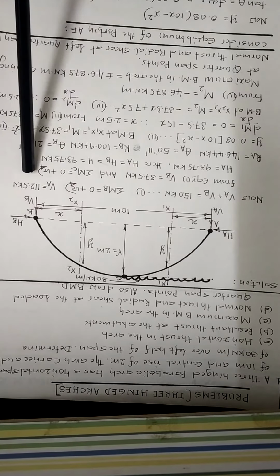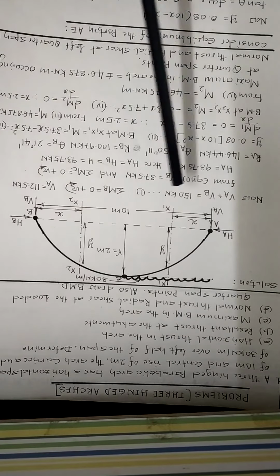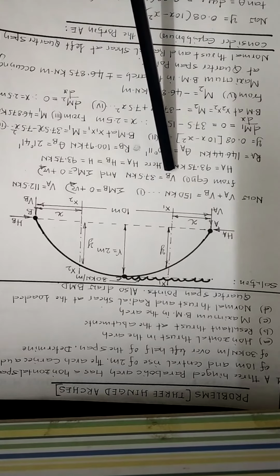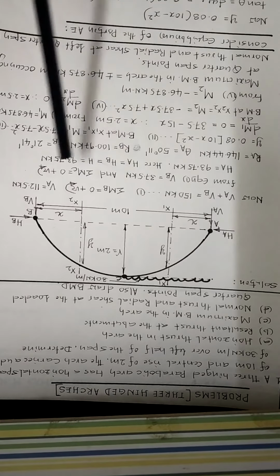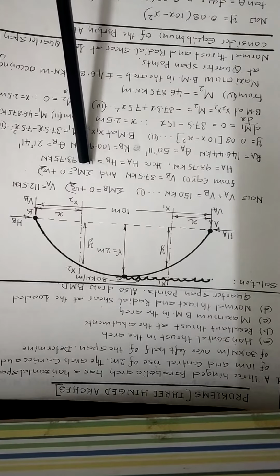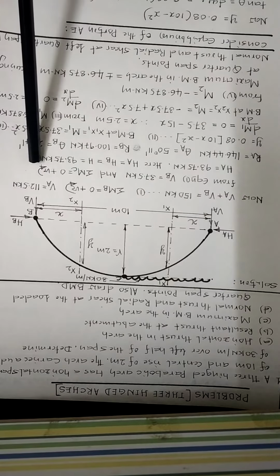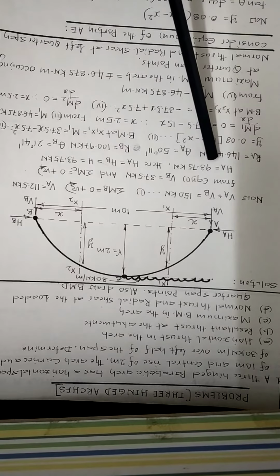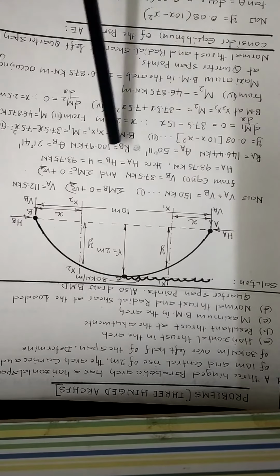VA is equal to 112.5 kN. After knowing VA, substituting the value of VA in equation 1, calculate VB. VB is equal to 37.5 kN. Further, to calculate the horizontal thrust, we have to use the moment about the crown, which should be equated to 0. That can be written as sigma MC is equal to 0, treating clockwise moment as positive. Evaluate the value of horizontal thrust at the point A. H is equal to 93.75 kN.